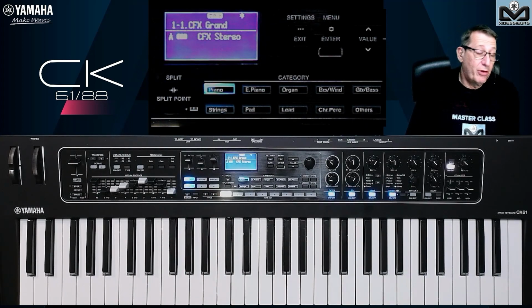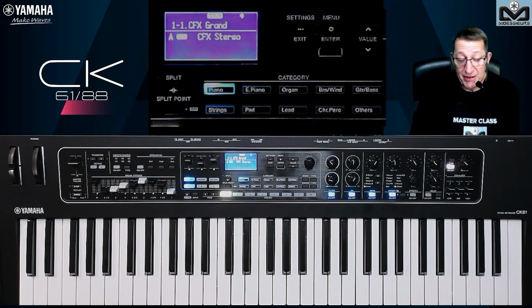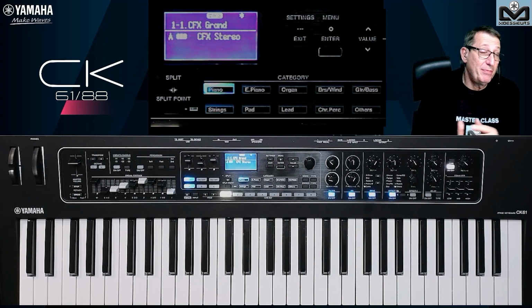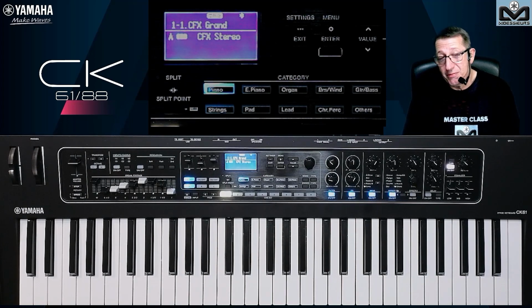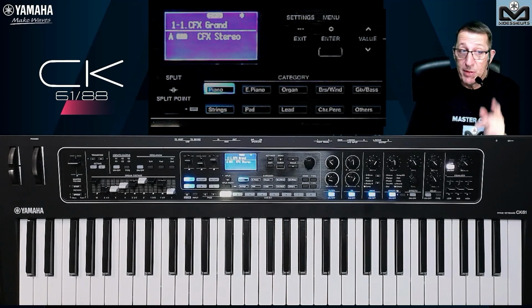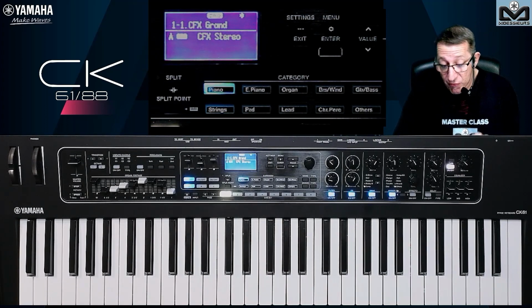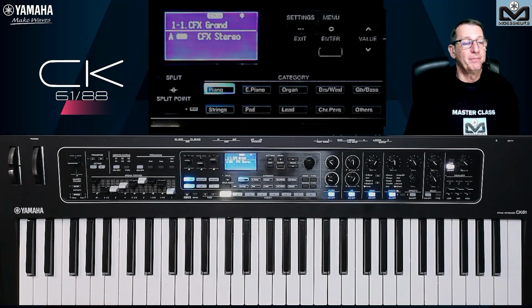Like it's a stage keyboard and for keyboard players, generally we want to test first the acoustic piano, the electric piano, and the organs. That's, I would say, not all the important voices, but these are the most important voices that people want to hear on a stage keyboard. And remember, you have 363 voices in all types. You have all the categories. We will talk just a little bit after about the CK.